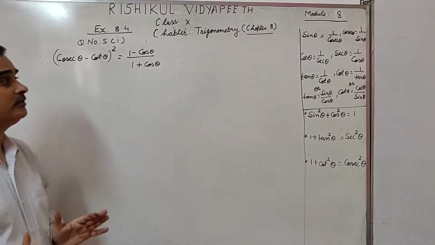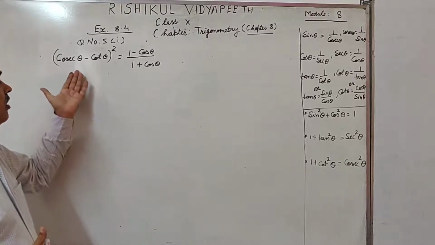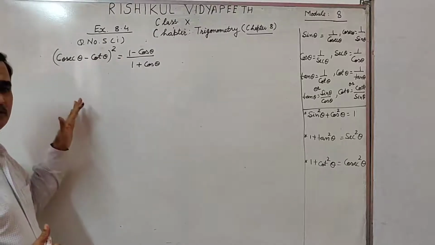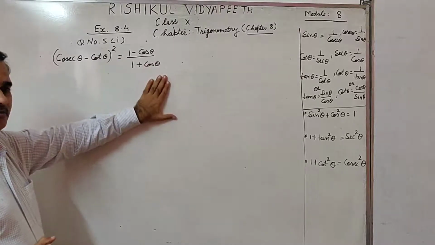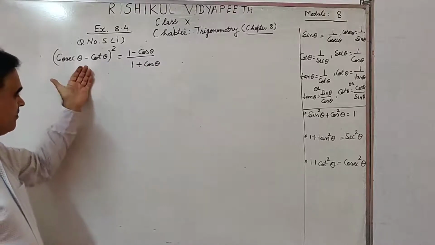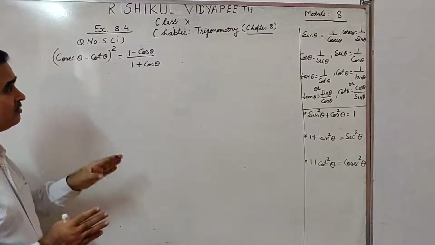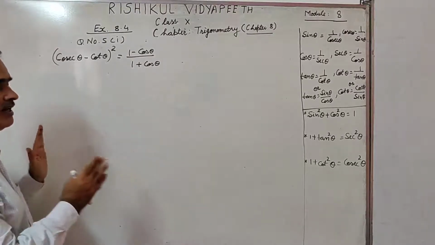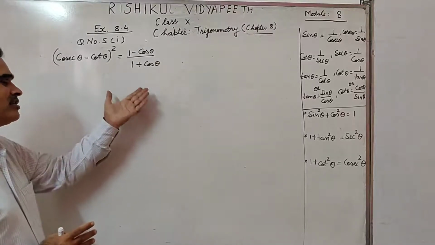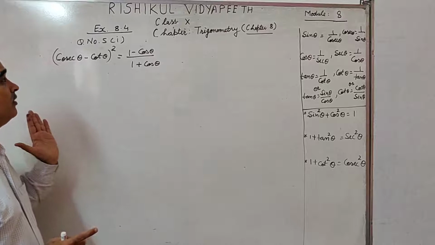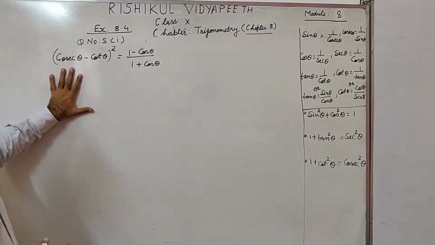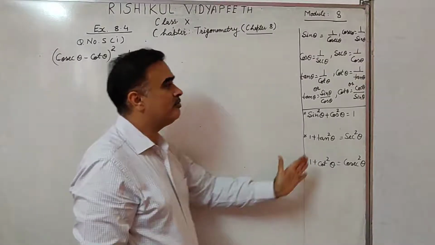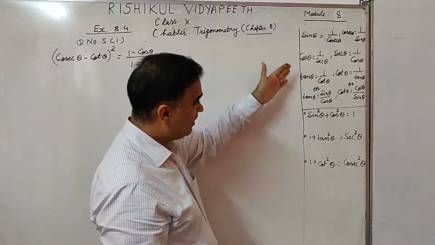In this, we have to prove this equal to this. First of all, you see, my children, there is a way to prove this equal to this. Either you take LHS and solve it and reach RHS directly, or you simplify LHS to some extent and then you take RHS, solve and simplify it, and then you will find LHS equal to RHS, or you can take RHS and then go to LHS. So we have to prove this equal to this, and these are some basics which will be used in this complete.